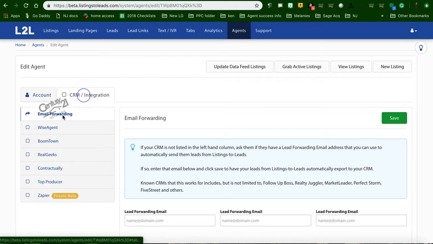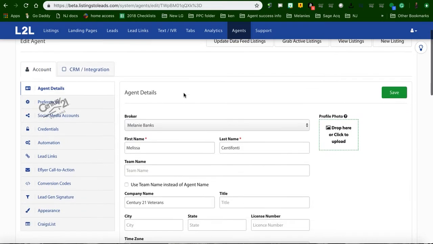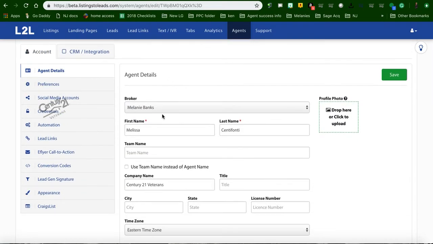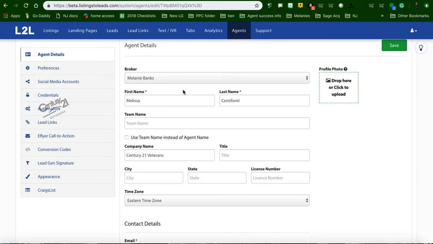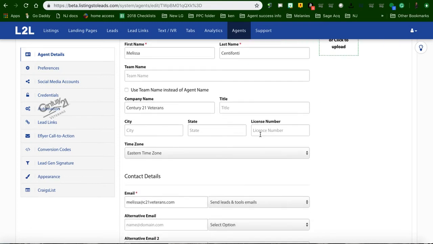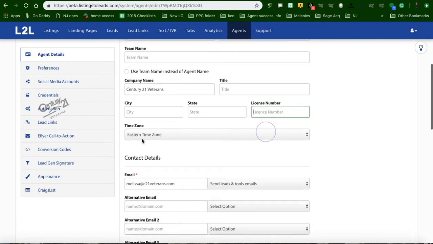If you have a CRM and you want to integrate it, you can go ahead and click on this. This is the ones that they integrate with. If not, no worries. You can enter everything right into Business Builder or into your Zap or whatever else that you are using for a CRM. That's for your leads that come in. So right off the bat, you'll see your information, company, if you want to put your license in there, your address,